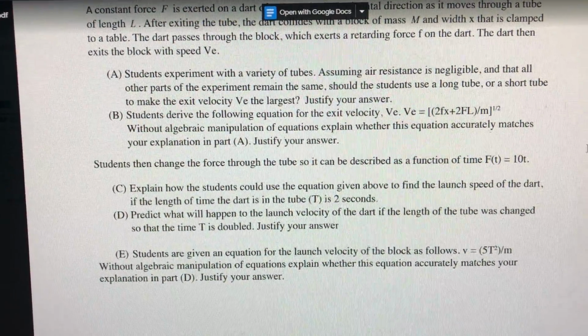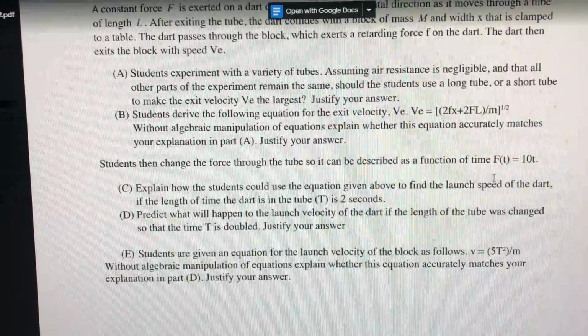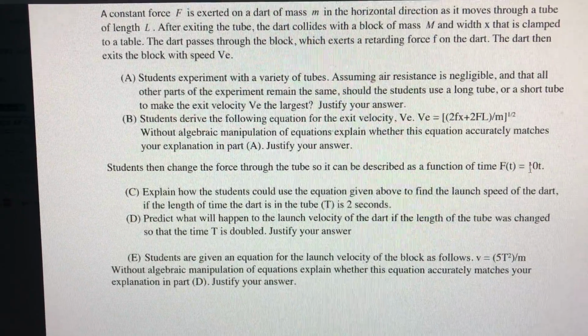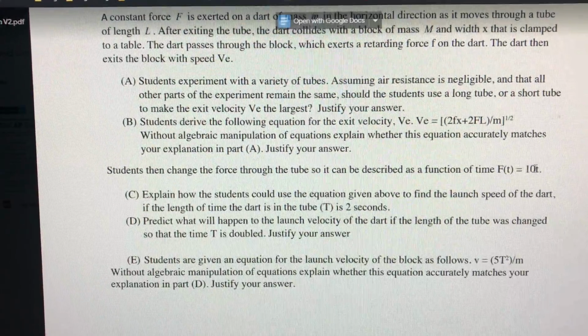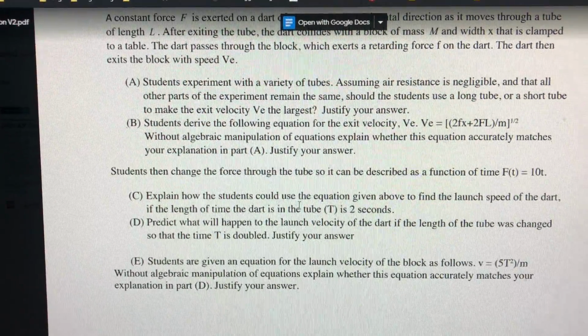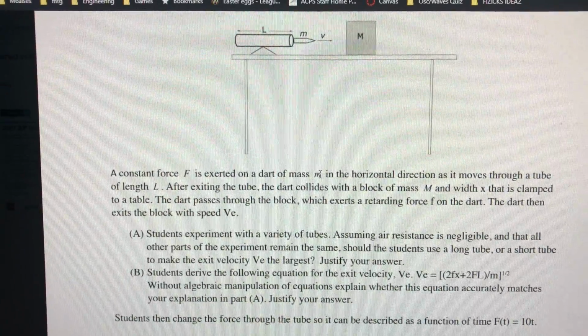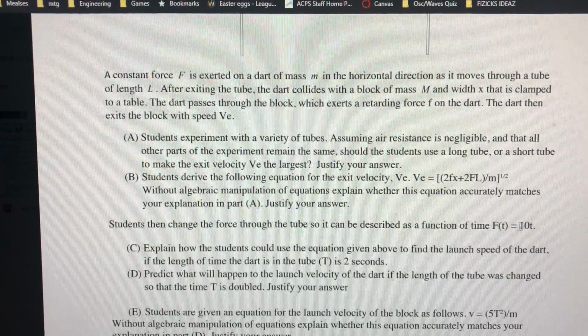Part C, explain how the students could use the equation above to find the launch speed. Okay, so we said this is fairly easy to find force, right? Time is 2 seconds, 10 times 2, force is 20 newtons. Fair enough. Now, if we know the mass, m, of the dart, how can we use this force to get